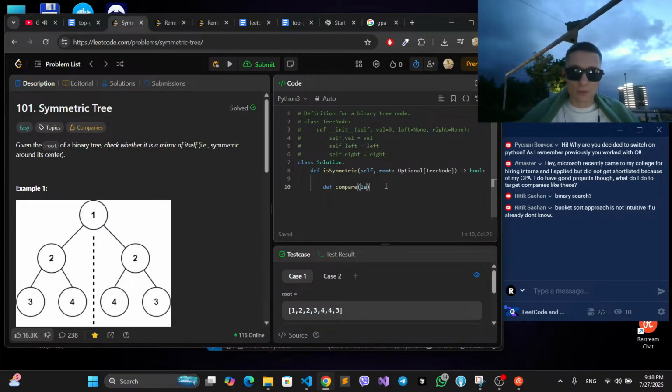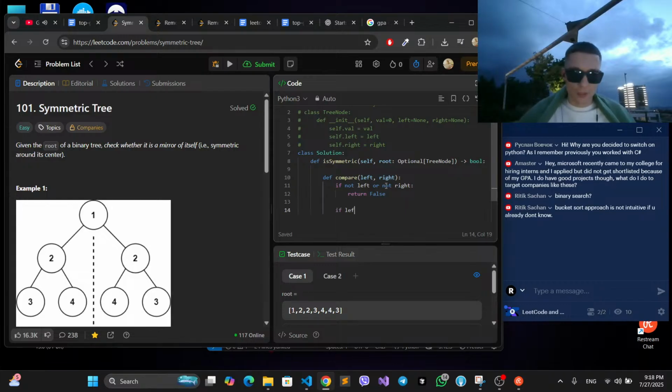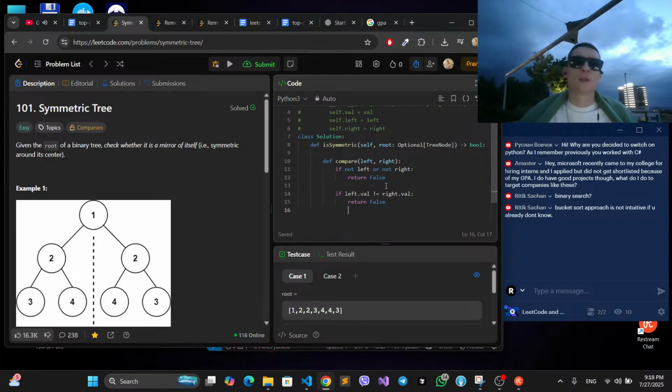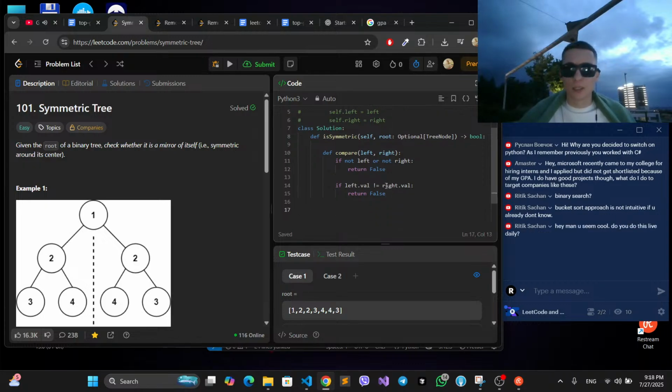We have left and right, then if not left or not right, straight away return false. Then we compare if left value is not equal to right value, we return false as well, because symmetric trees should have the same values, right? And then